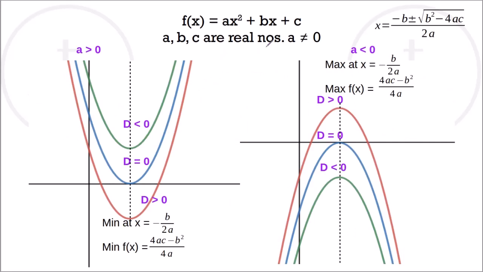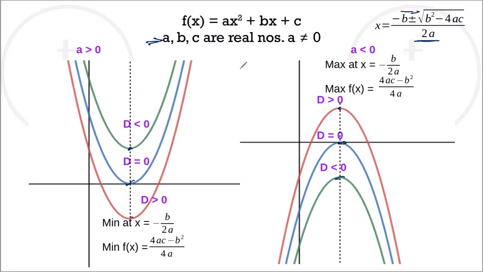The basic theory behind a quadratic inequality is pretty straightforward. For a quadratic equation, the general roots are x is equal to minus b plus minus square root of b square minus 4ac divided by 2a. If you extend it to a quadratic function, there are 6 scenarios possible depending on the value of a and the value of the discriminant. If a, the coefficient of x square, is positive, the curve will open upwards, so you'll have a minimum value for the curve. If a is negative, the curve will open downwards, and there'll be a maximum value of this function.